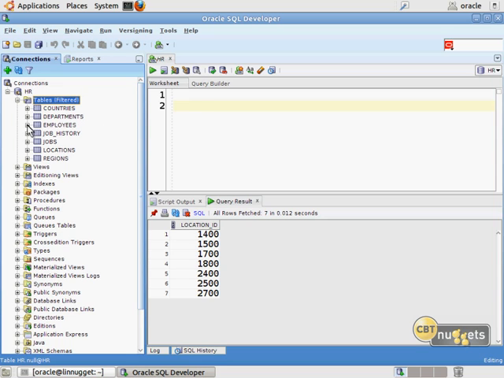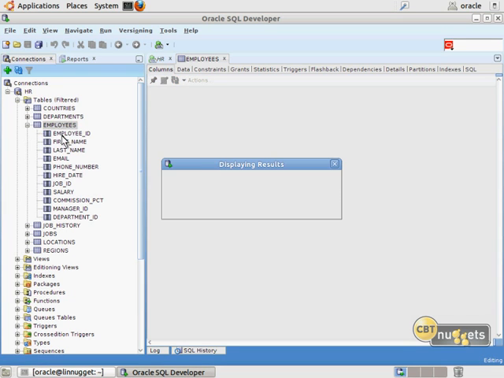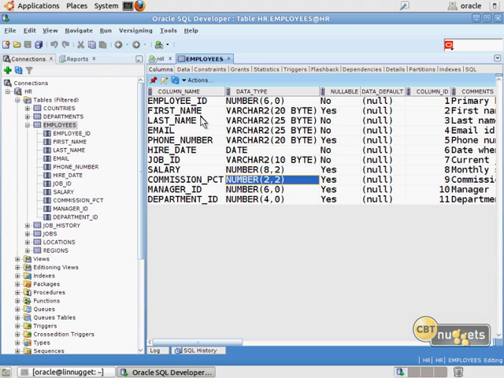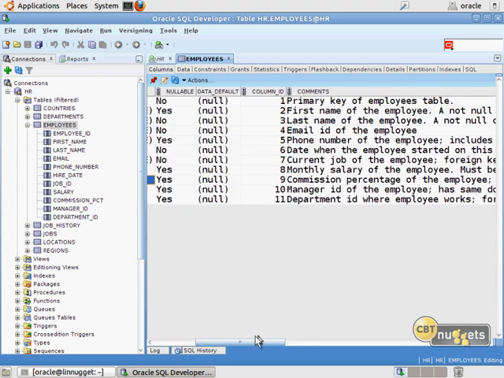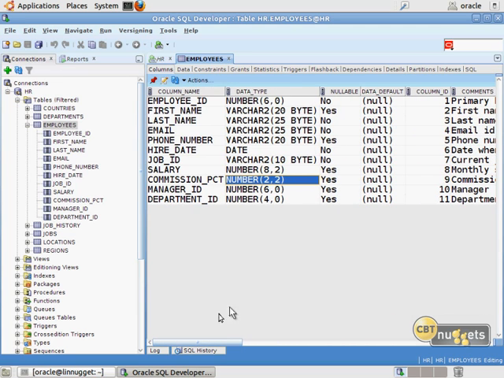So check this out. You can expand these tables and it'll show you each of the column values. If you select the table on the right, this is the equivalent of the describe command, gives lots of information, including comments, which is a really nice way to document your table. It's harder to do that in SQL*Plus. You can certainly add comments during your DDL statements there, but it's a lot easier to do that from within